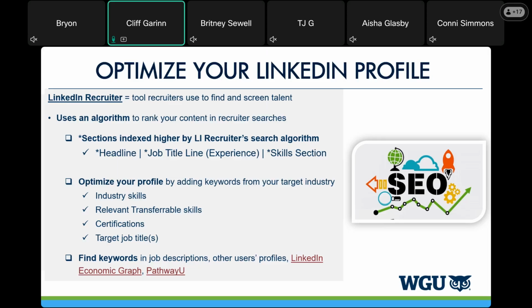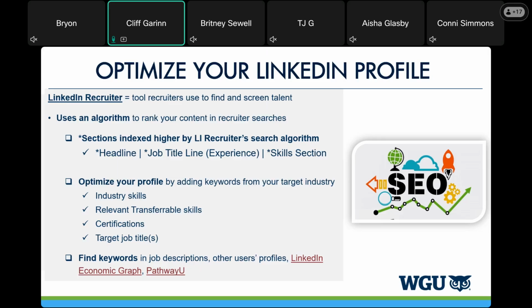So optimizing your profile, you want to find some sample job descriptions, 2 or 3 within your industry. Identify what those qualifications are. What are they saying? If you're qualified, you're going to have these skills. This is what we're looking for. Those keywords from your targeted industry will help, as long as you match them, right?